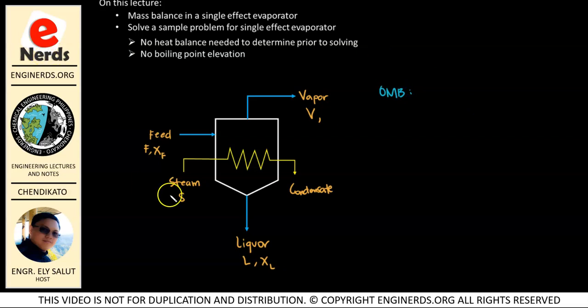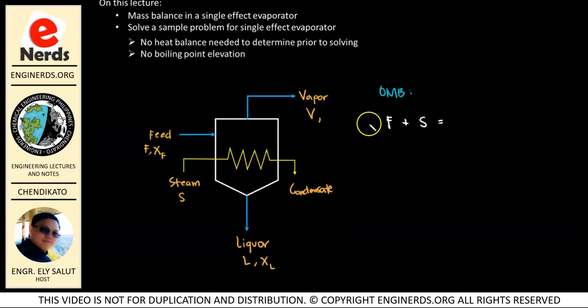So, we are going to equate lahat ng pumapasok sa ating unit, which should be equal to all of the component na lumalabas sa ating unit. So, ano ba yung mga pumapasok sa ating unit? We have the mass flow rate of our feed, which is F, plus, pumapasok din yung steam, no? So, you have here our mass flow rate of the steam, which is S, and this will be equal to